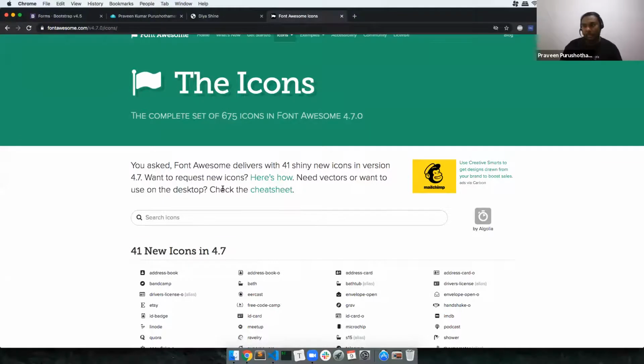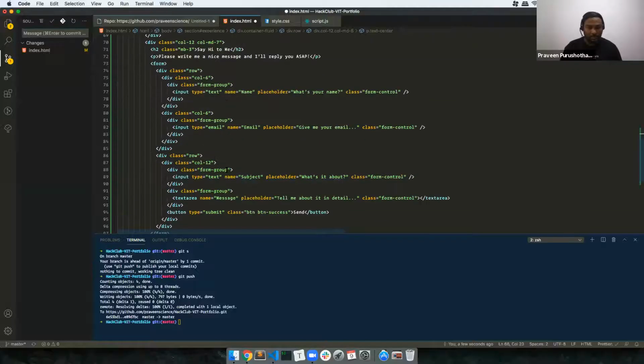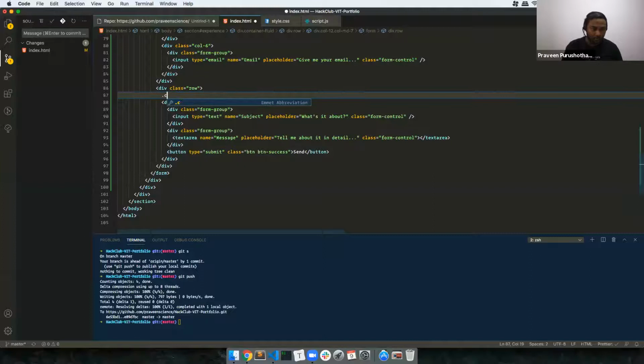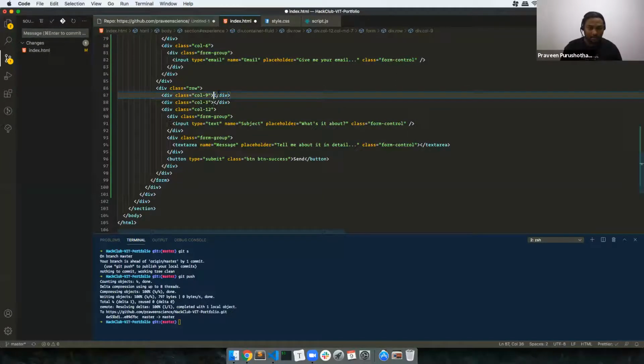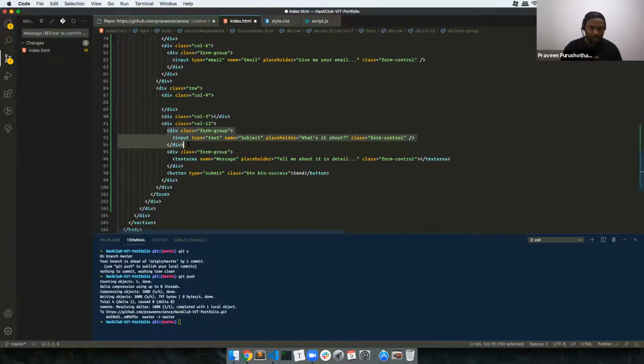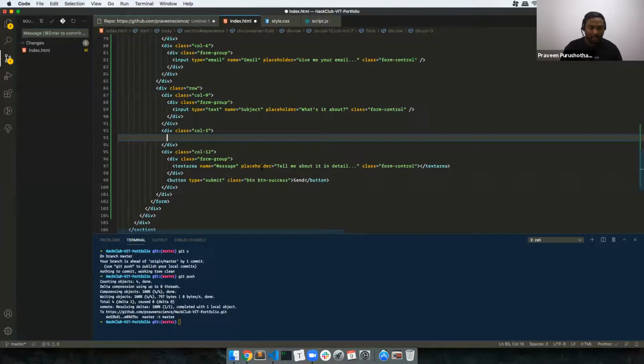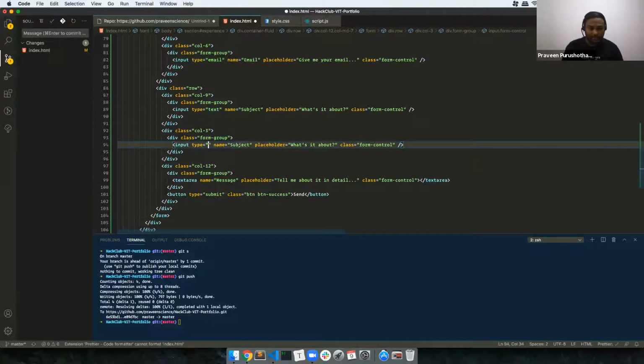How to include date and time of appointment and contact form. Actually, that's a good idea too. So if I have this one, I got this call 12, right? So I will put another call, maybe call 9 plus call 3. And inside the first call 9, I'll just put this one. And inside this call 3, what I can do is copy this whole thing. Instead of type text, I'll put date time local.